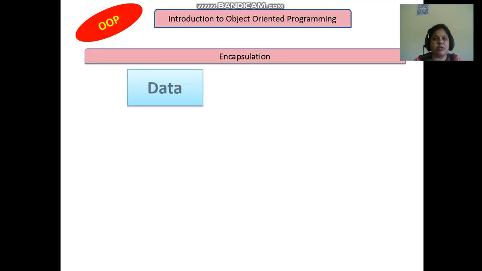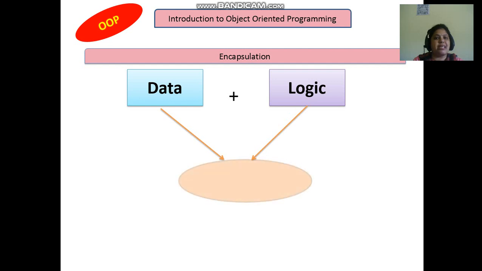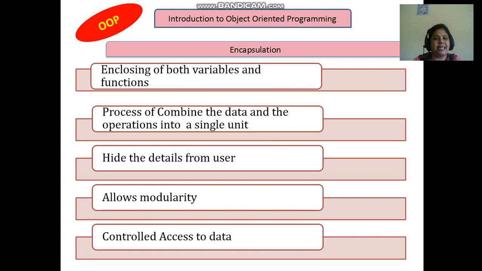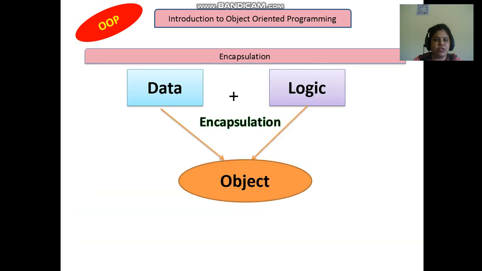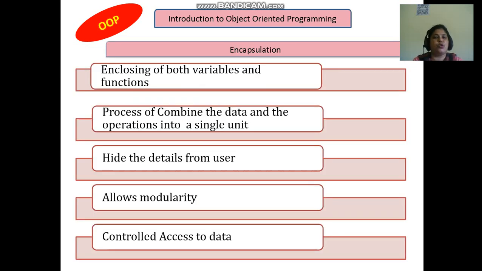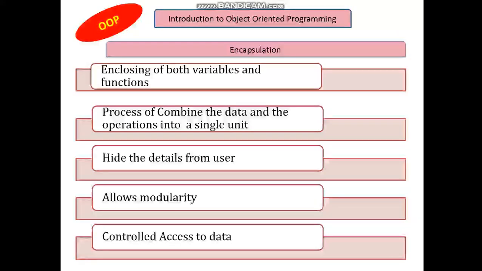Next concept is encapsulation. Now when we come towards encapsulation, data and function combined together form an object. Now the process which combines the data and function into an object and forms a unit like class is termed to be encapsulation. Remember, encapsulation is a process which combines the data and function into a single unit, that is object, and hence class. So encapsulation is enclosing both the data and functions, and it is termed to be a process of combining the data